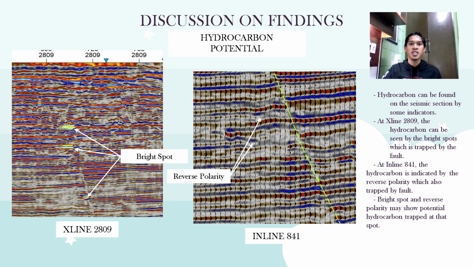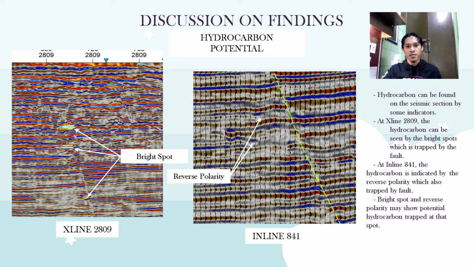Next, we go to the discussion of findings, which is hydrocarbon potential. Hydrocarbon can be found in the seismic section by some indicators, and we can see at the S line 2809, the bright spot, which is trapped by the fault. We can see there are about 3 parts of this section that have the bright spot, and both of them lie under the fault, and it has a vertical one, which shows you can drill the well at both that can penetrate all 3